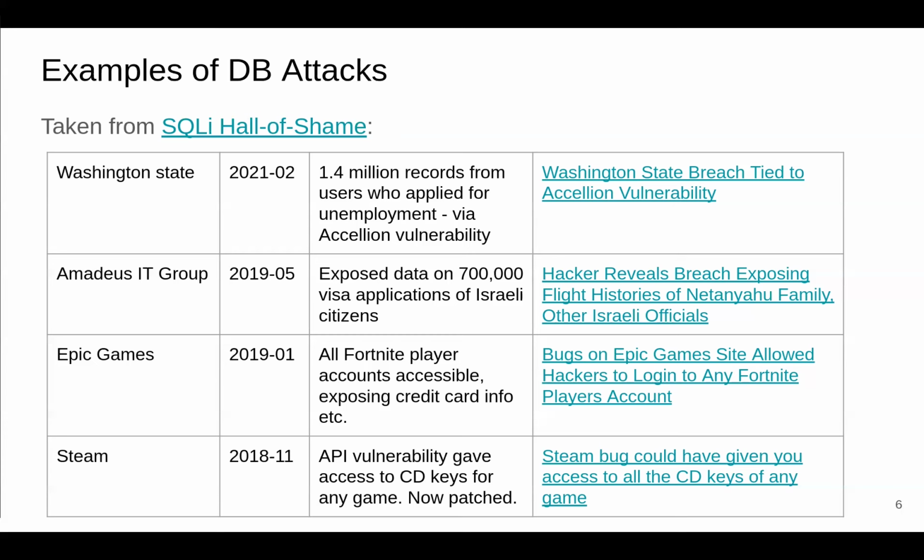Amadeus Group, who knows Amadeus as a company? Quick show of hands. One. What is Amadeus? Not the composer that just dropped a new CD. Oh, another Amadeus.